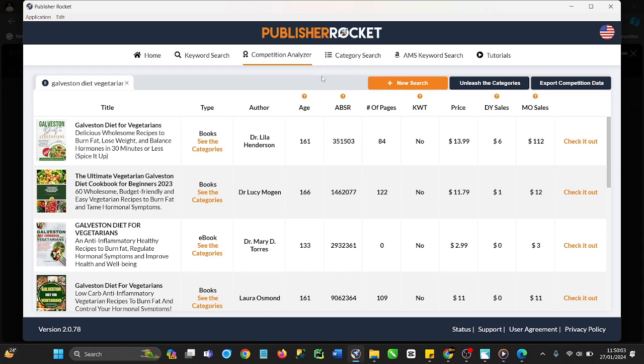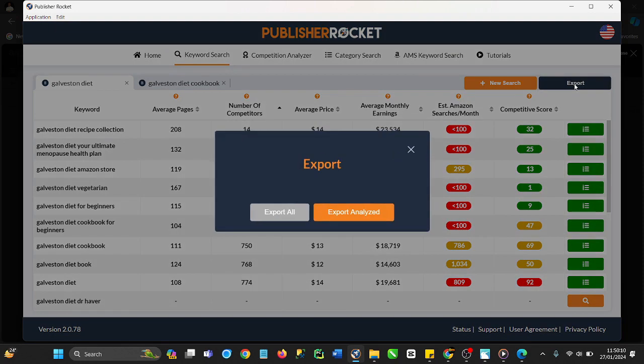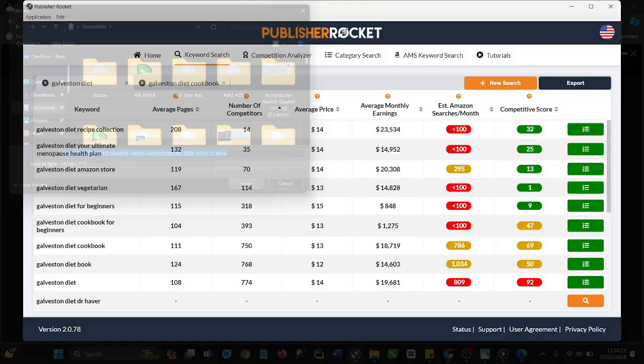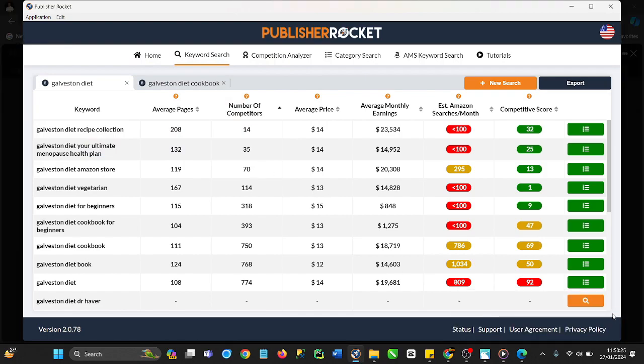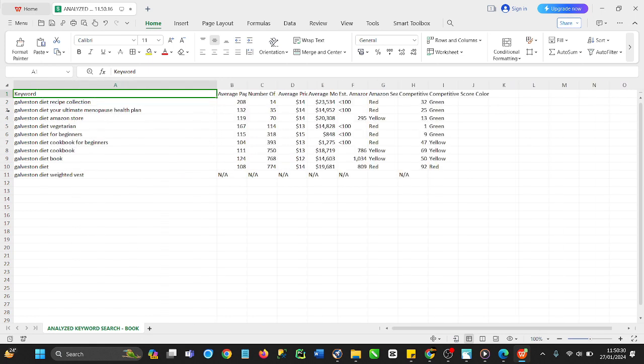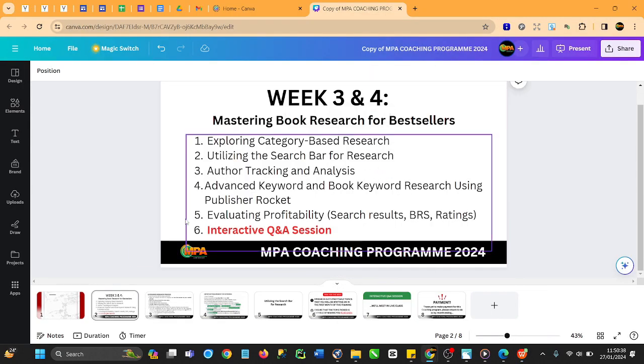So you can come to Publisher Rocket and do your category research, and whatever outcome you get, let's say all of these keywords are the stuff you want to use, you just click on export, and then export analyzed. So it's only this one that I've analyzed that will be exported. So I just click on export analyzed, so that when I want to publish my book later on, I can just open this up, and then start copying out these keywords one after the other, and then use them for my book. So that is that about this video on how to use Publisher Rocket